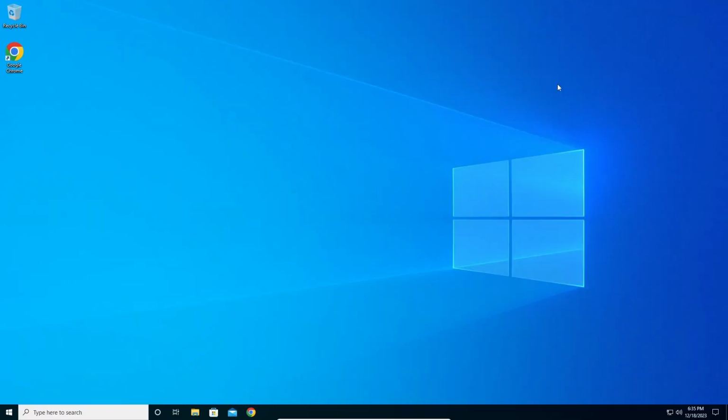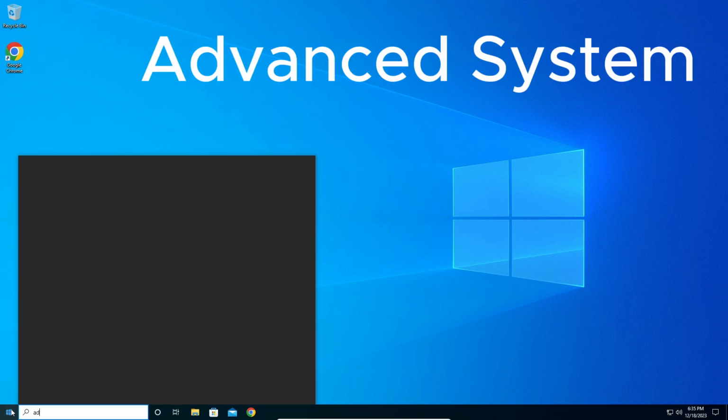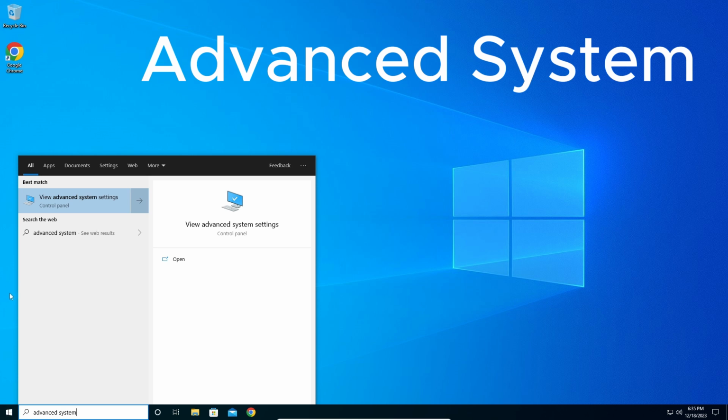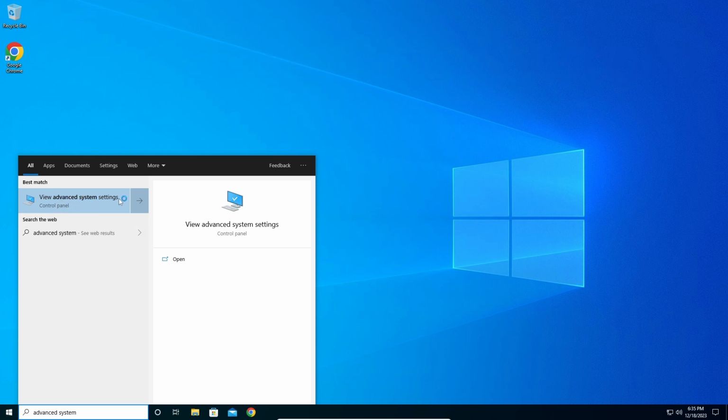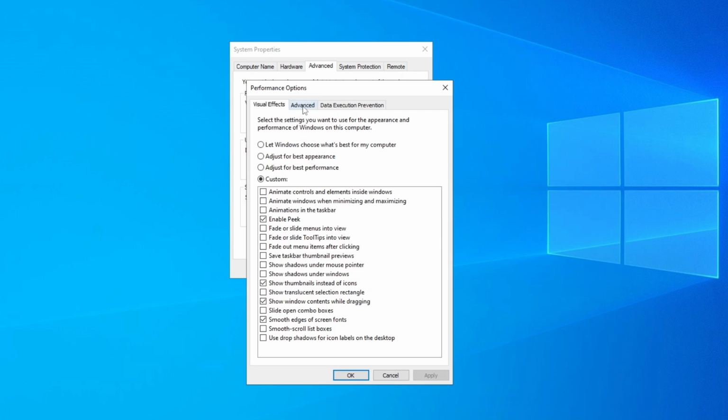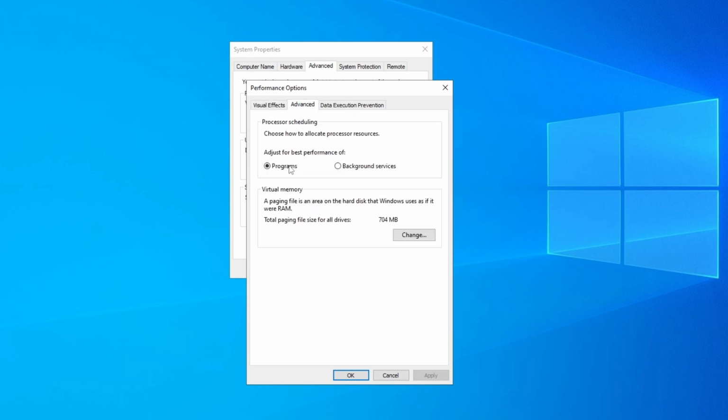So let's get started. So the first tip is to go to Start and type in Advanced System. This one, View Advanced System Settings. When I click on it, we get to this window and we click here on Settings, under Performance. Then we go here on Advanced, and here we're gonna go for Adjust for Best Performance of Programs, and here we're gonna click on Change,